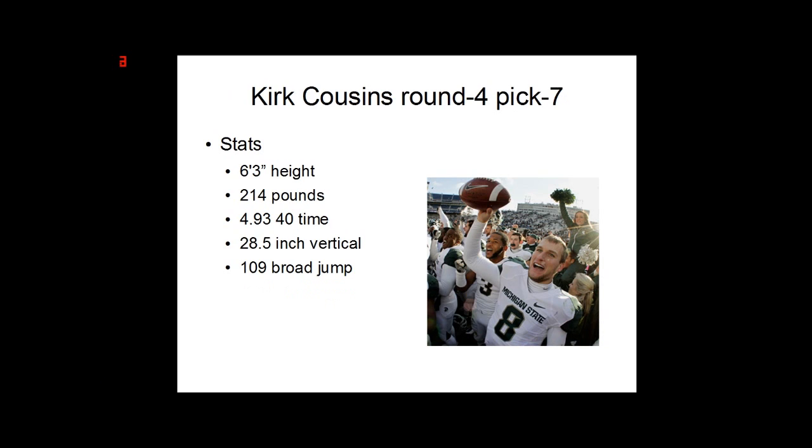All right, this next pick, I don't know why in the hell they drafted Kirk Cousins in the fourth round, seventh pick, from Michigan State. He could be a starting quarterback somewhere on a team that desires a quarterback, but for some reason the Redskins picked him up for no apparent reason. But anyways, he's a 6'3", 214-pound quarterback, 4.93 40 time, which is really slow. That's a really bad 40 time. 28.5-inch vertical, also very, very crappy. That's more than 10 inches less than RG3. 109-inch broad jump, which is pretty average for a quarterback, but